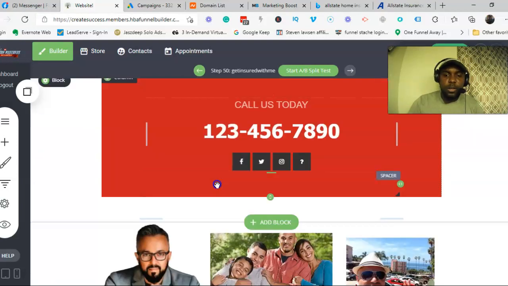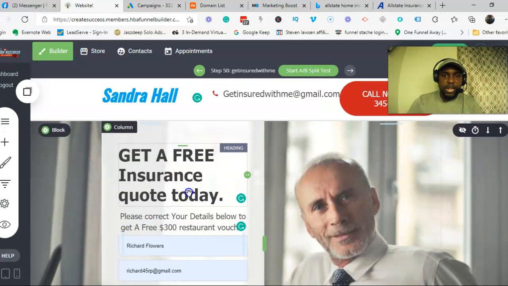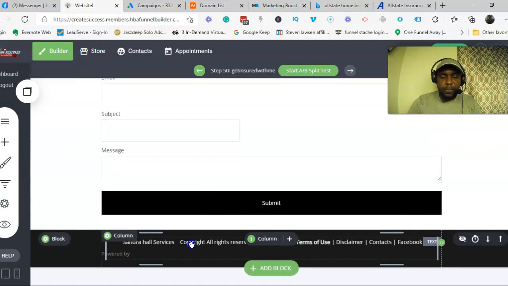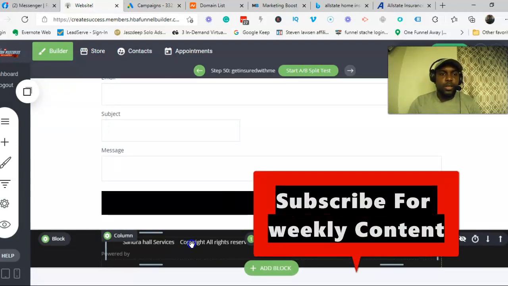A lot more work goes into creating a one-page insurance website. We do a lot of work with our clients, but I just wanted to show you that if you want to come in and play around with this system and create something for yourself, it's really easy to drag and drop and play around with the software. So once you create this site within the HBA Funnel Builder software,